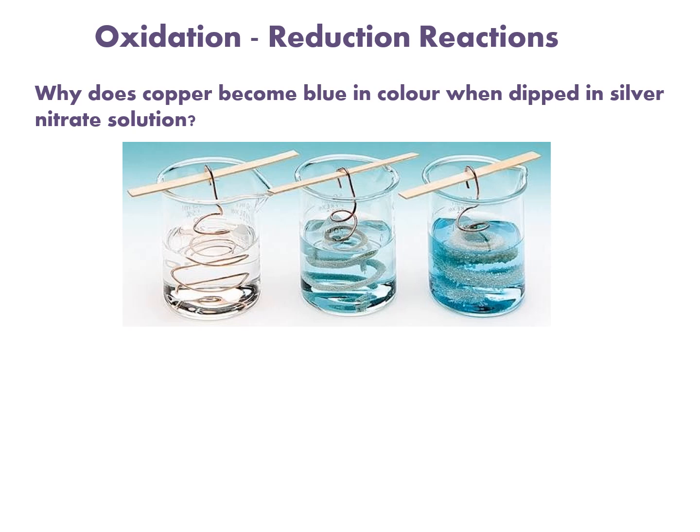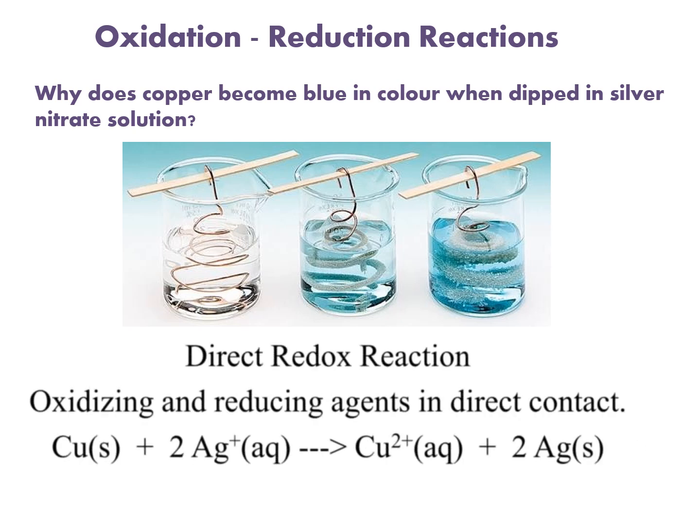When a copper is dipped into a silver nitrate solution, we can see here the copper metal loses electrons and enters the solution as copper ions. At the same time, silver ions gain electrons and deposit as metallic silver. So the reaction is copper plus 2Ag+ gives Cu2+ plus 2Ag. The solution becomes blue because Cu2+ ions are formed. This is a redox displacement reaction. Here, copper is oxidized, silver is reduced, copper acts as a reducing agent, and the silver ion acts as